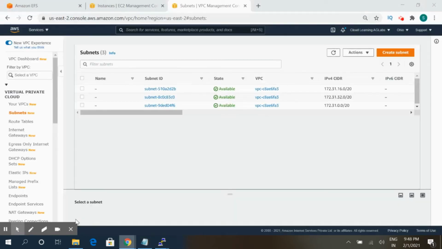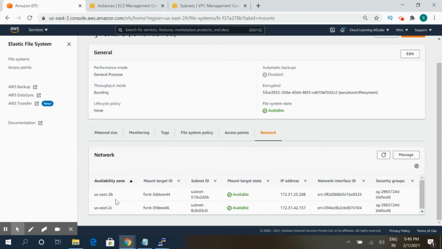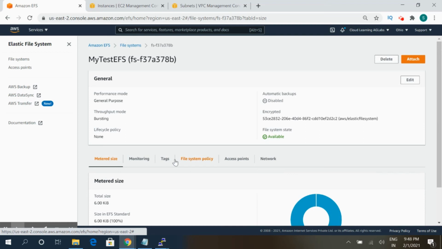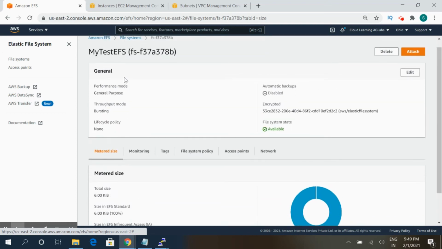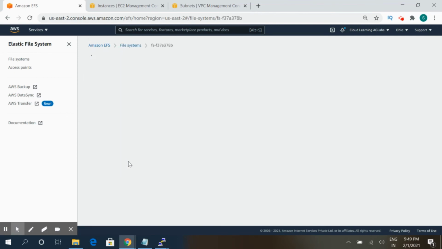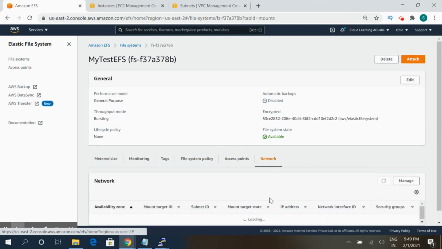Now we have this command where we need to provide the target IP. If we are doing it on a US2B instance, then we need to have this IP. Or else you can take the DNS name for this file system, or the IPs, depending on your use case. For our demo purpose, we will be using the IP.